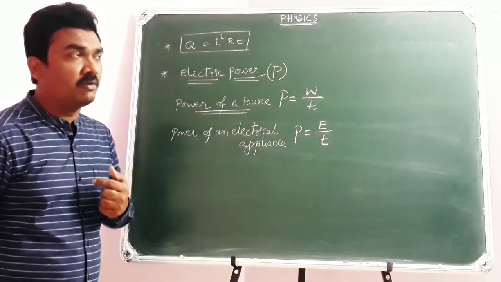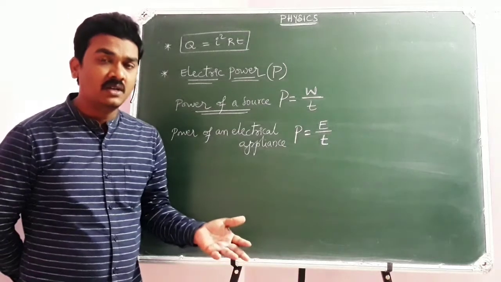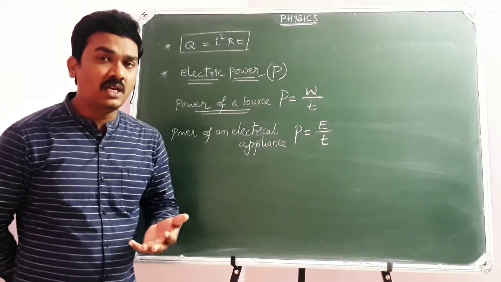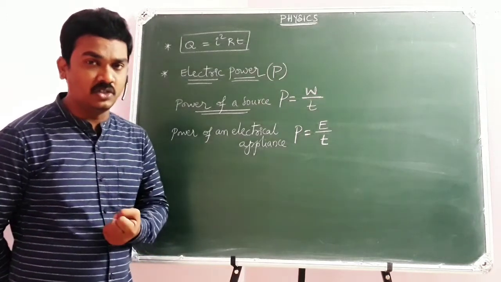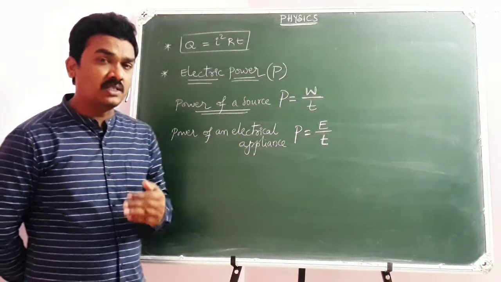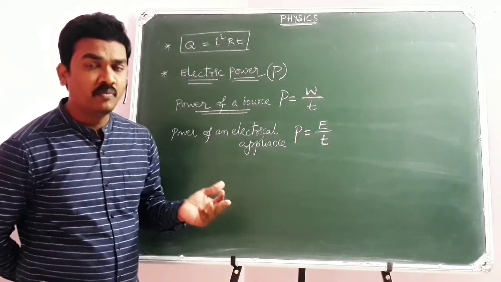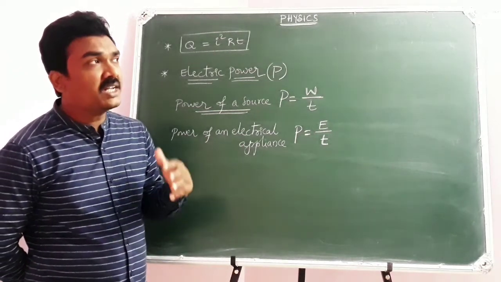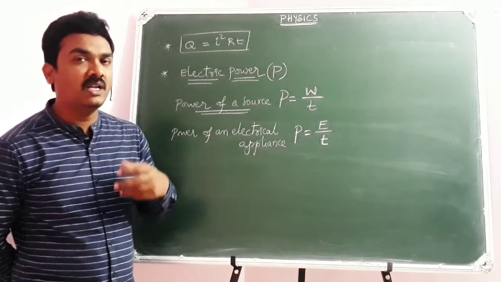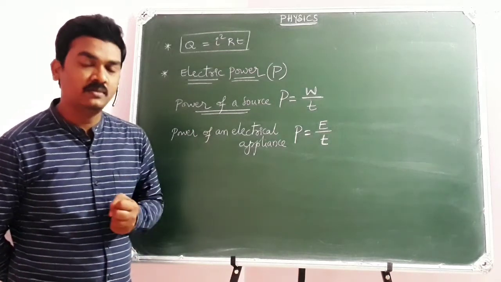But if I wish to talk about the power of an electric bulb, power of an iron box, power of an electric motor, electrical heater, they are all the consumers of electrical energy. We call them electrical appliances. So if I wish to assess an electric motor or an electric bulb, then to what extent they can consume the input electrical energy. I am providing electrical energy, but in what better way they can consume it.